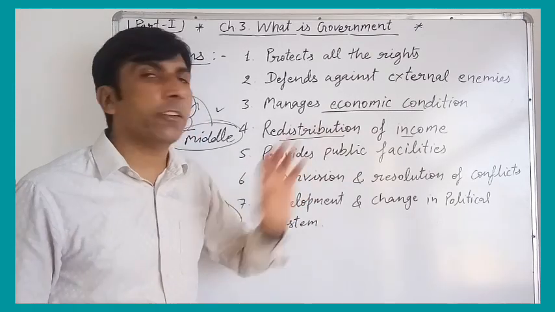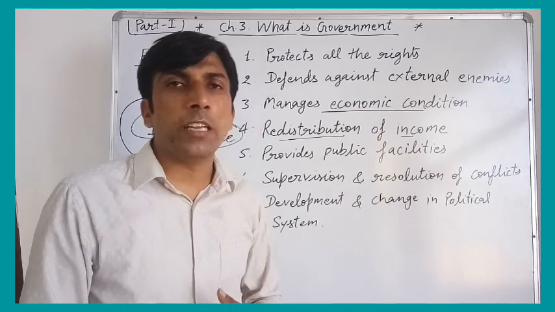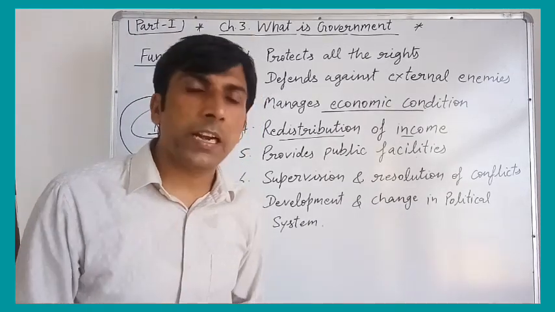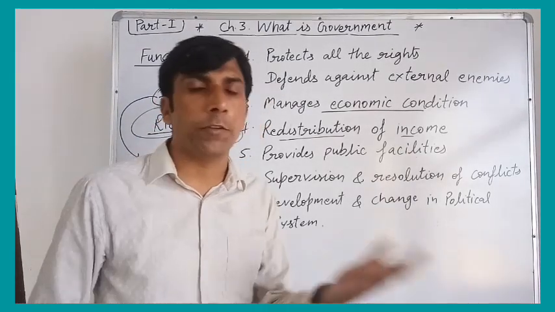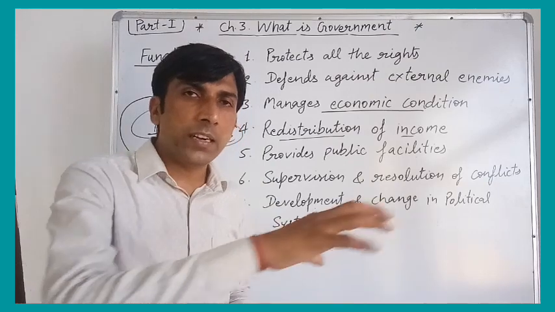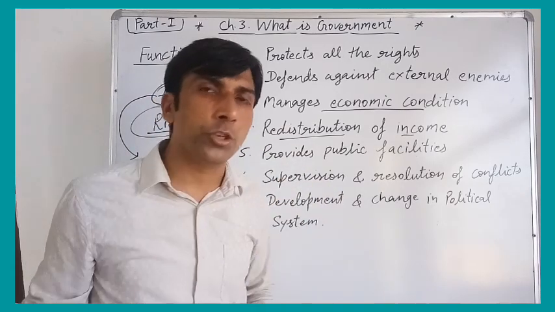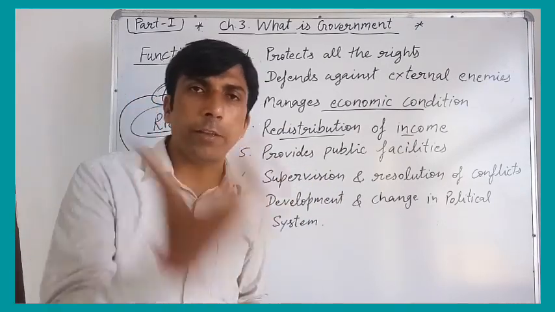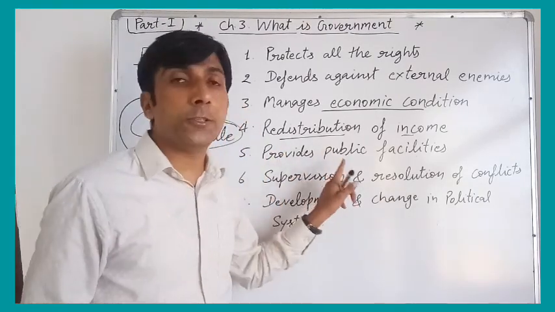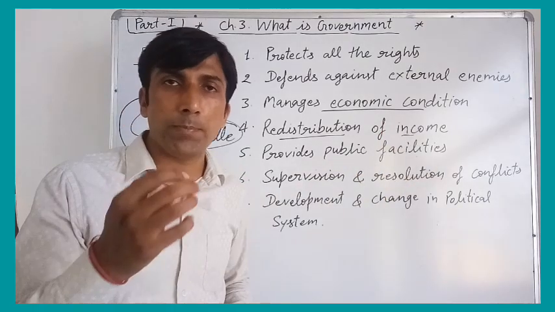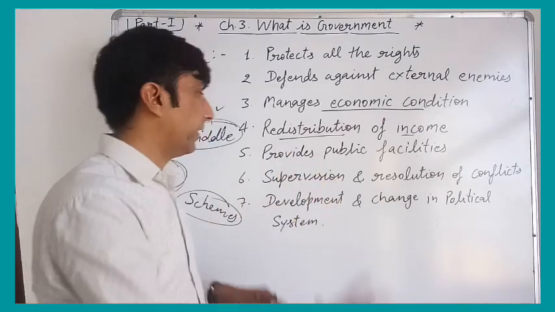After that, it provides public facilities. Public parks are set up, water facilities provided by the government, clear? Or other kinds of means which are given in the directive principles of state policy, article 36 to 51. So under these articles, some directions are given to the state by the constitution, right, for the welfare of people. So for the welfare of people, government always provides public facilities to the people. For example, transport, education, health, clear? So these are the public facilities.